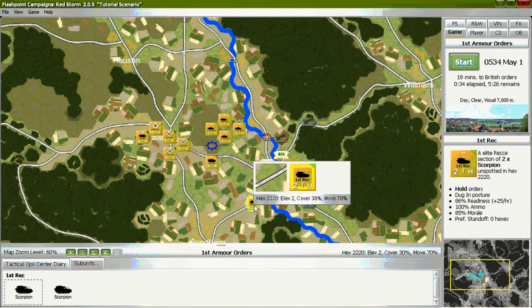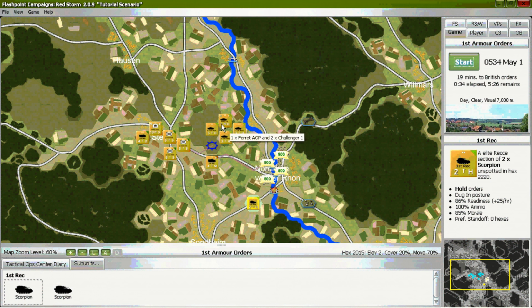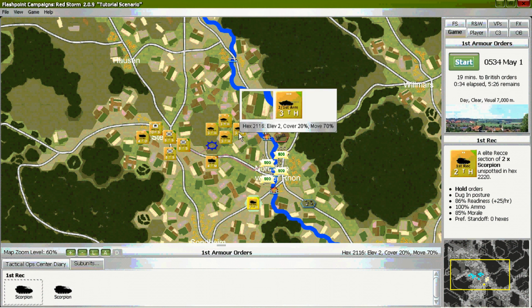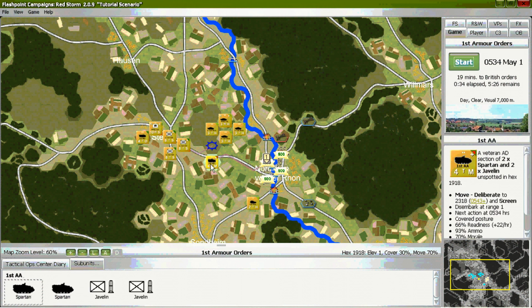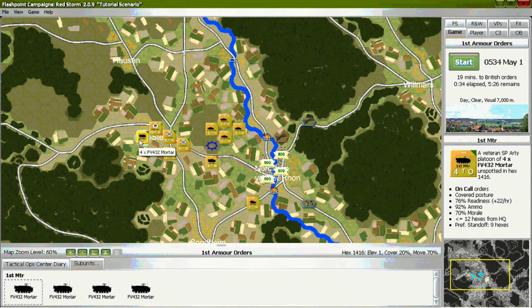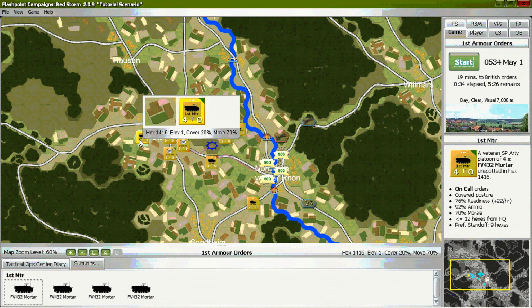Units of 1st Armor are also at their objective and digging in as well. 1st Mortar is at its final waypoint and has switched to on-call mode, so it can be ready to fire if targets appear. The rest of the battle group continues to make its way to their final plotted waypoint locations.